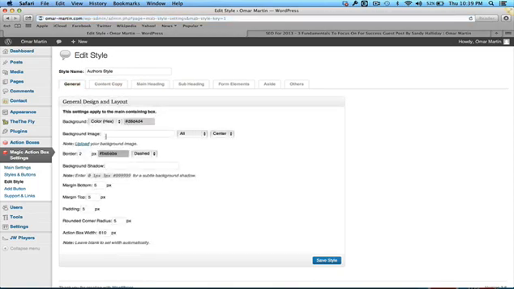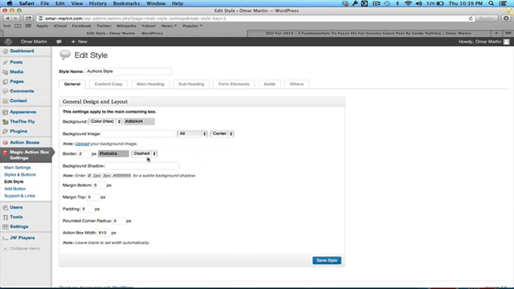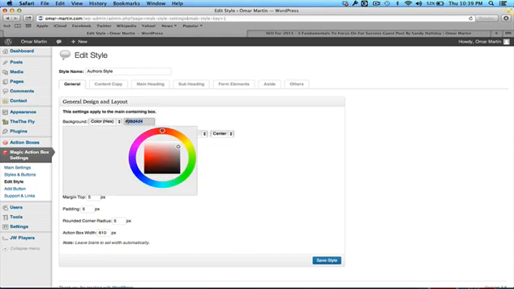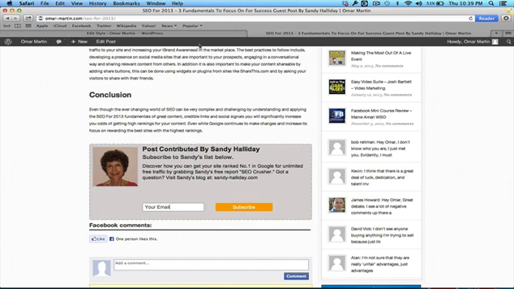So right now, you can see the background color. That's the background color that I chose. I can click here and choose any other background color, and I can quickly turn that to red or black or whatever. I can click the border color. I can click if I want it dashed, if I want it double border, if I want it solid. So I'm going to click double border right now, and I'm just going to click Save Style, and then I'm going to come back over here, and I'm going to refresh this to see if it made that change.